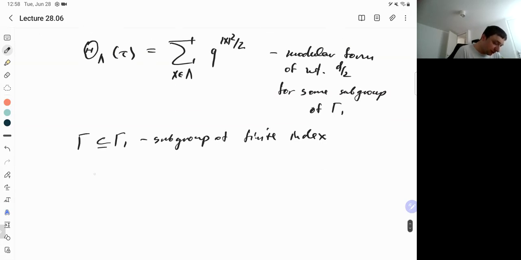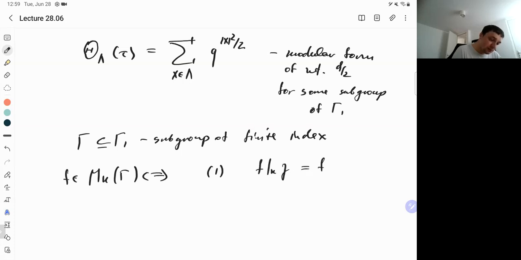Then basically I already kind of said. So first you want M_k of Gamma_1. A function is a modular form of weight k for the group Gamma if and only if two conditions hold. Again, you require this Gamma invariance, but now for all elements in the smaller group, and you require this